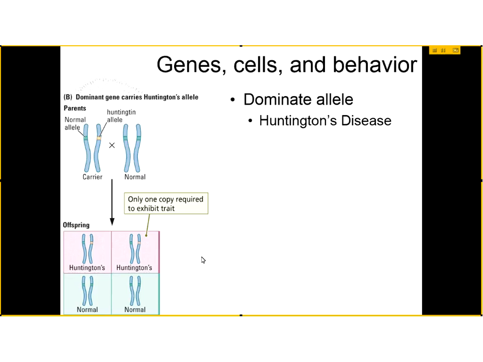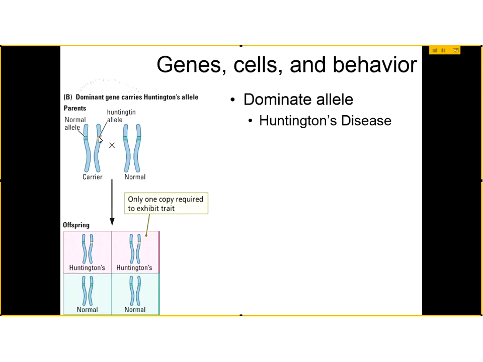Now, we can also look at dominant allele disorders, such as Huntington's disease. Huntington's disease involves, if you have just one of these alleles, then you're going to code for a protein that kills brain cells in the basal ganglia and cortex. But because this allele takes a while to make these proteins, and these proteins take a while to accumulate, people don't start showing signs of Huntington's disease until their early 40s, well into that reproductive age, where somebody could have